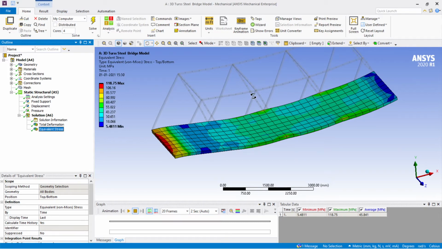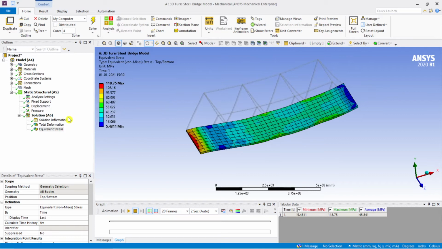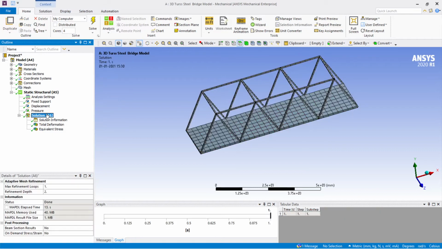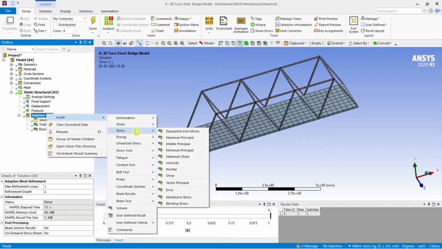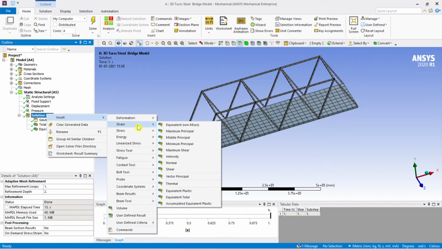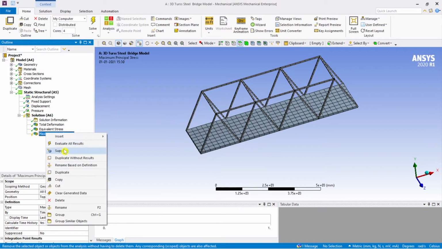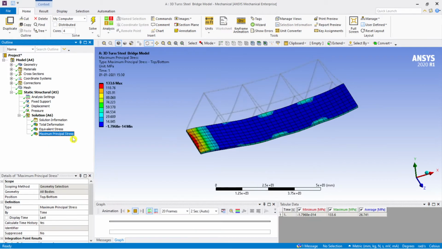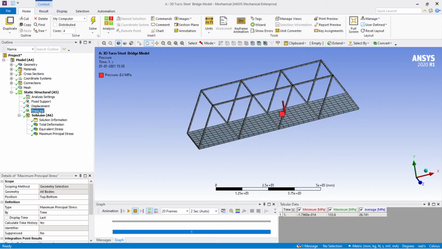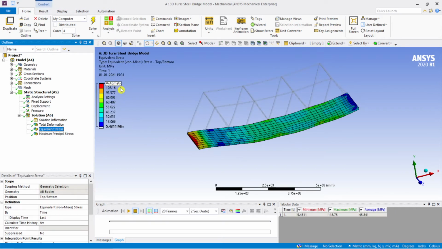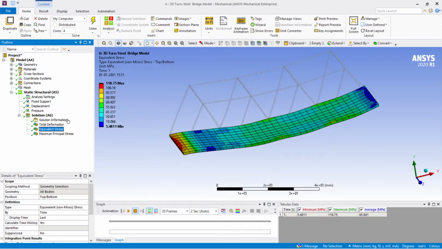To get the equivalent stress of all the members here, I need to create a path. We need to create a path here. So total deformation, equivalent stress. Then we'll apply stress, that is maximum principal stress here. Just maximum principal stress. We'll say evaluate all results. So see here, since we are getting the equivalent stress as 118.75 megapascal, let us increase the